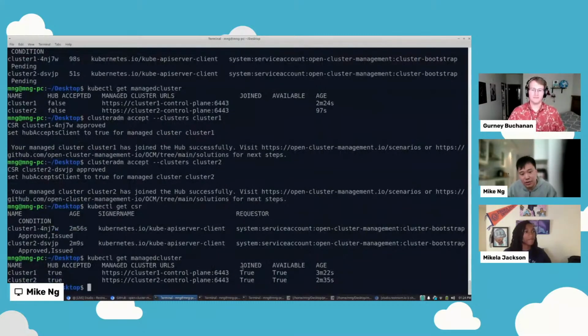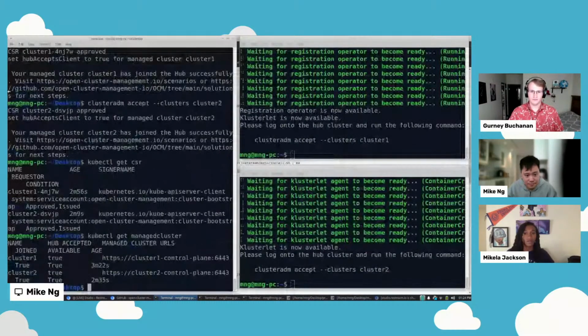So now the managed clusters are joined as well. After you set up this connectivity, one of the basic things that you want to do is deploy some workload from the hub to the remote cluster.